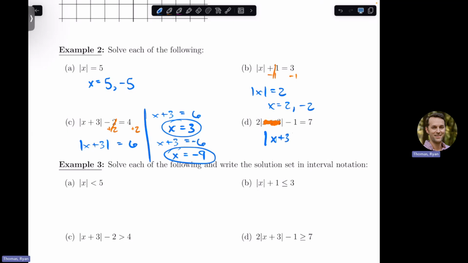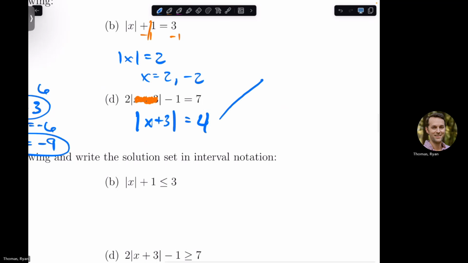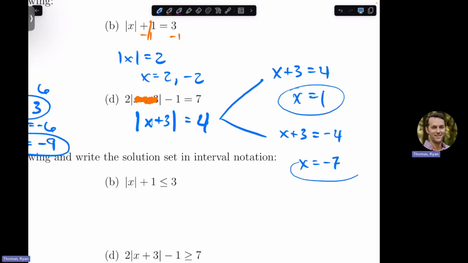The absolute value of x plus 3 is, add 1, you get 8. Divide by 2, you get 4. Tells me that either x plus 3 is 4 or x plus 3 is -4, so 1 and -7 are the two solutions. Okay, so that's